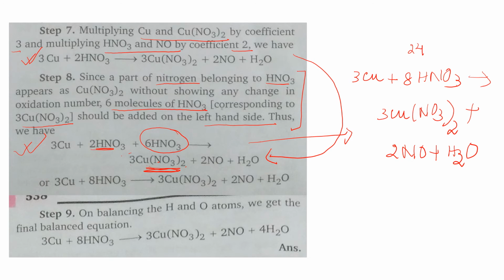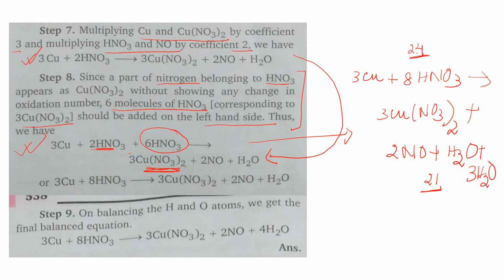On the right hand side it is 3 times 2 is 6 and 6 times 3 is 18. So 18 oxygen plus 2 is 20, and here 1 makes 21. So the right hand side has 21. The left hand side has 24 and the right hand side 21, so there is a deficit of 3 oxygen. So here I have to add 3 H2O.